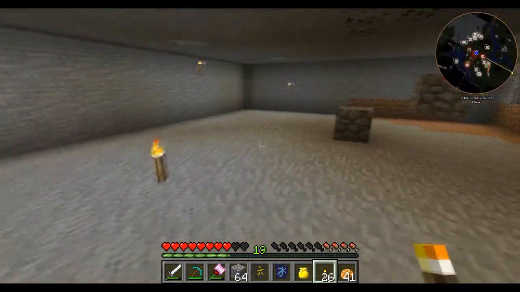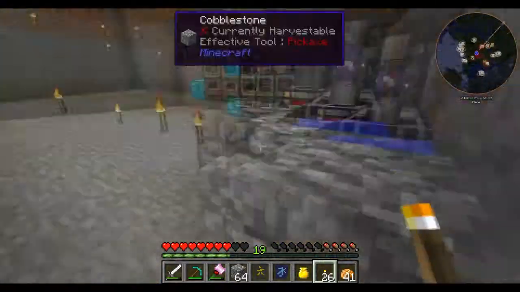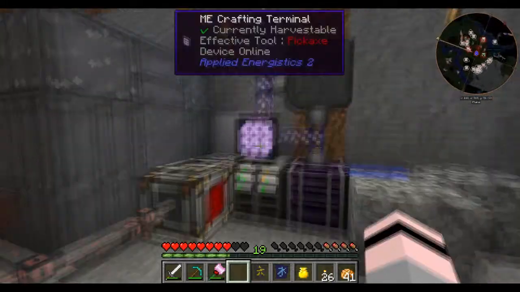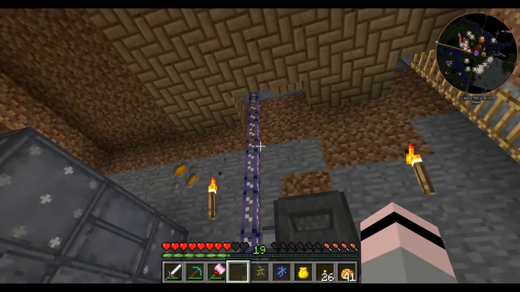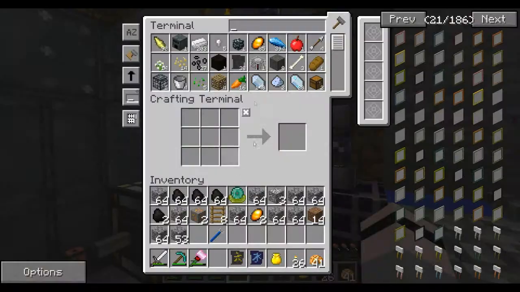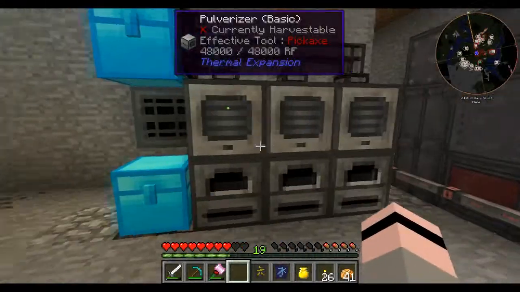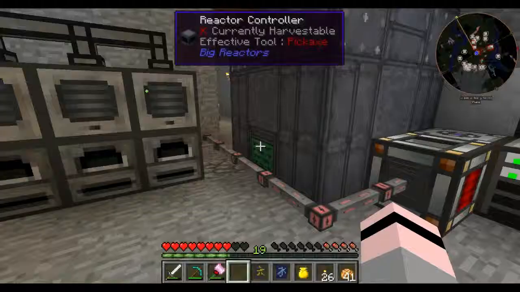As you can see, we've got another area cleared. Also, I've done a bit of change, but not too much. Pretty much all I've done is added crafting terminals to this, and there's one upstairs as well. So now we can actually craft in here, which is quite nice. But oh, I also moved this down here and now it's getting power, and we've got enough power for what